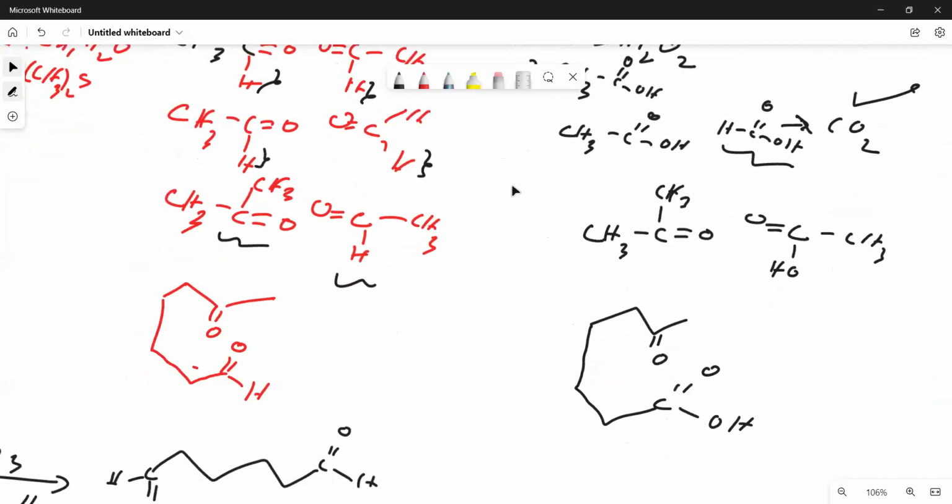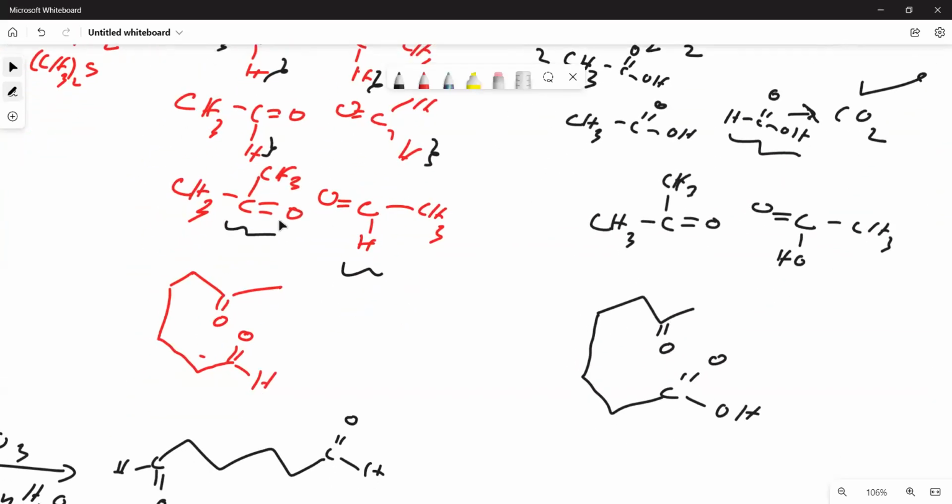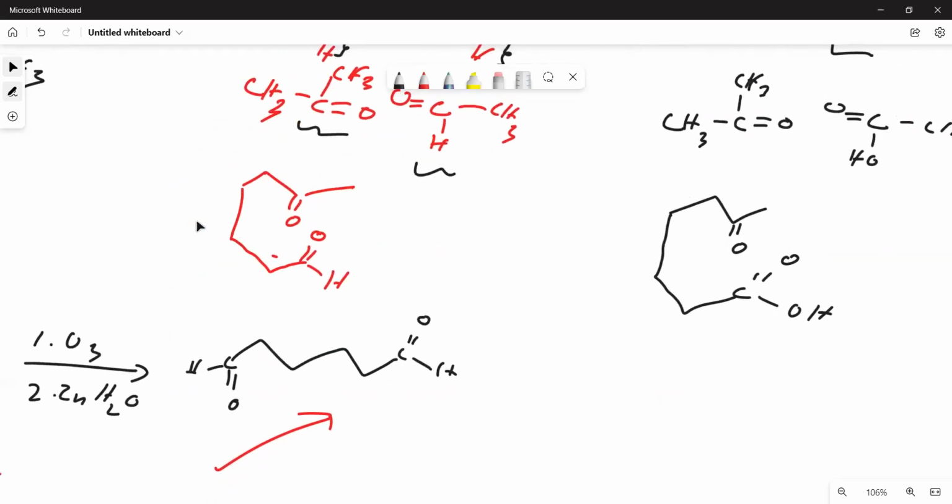Okay. How about the third product in reductive? Okay. Well, this is ketone. It is still ketone here. Why? Because the carbon here has no replaceable hydrogen anymore. So meaning ketone cannot be oxidized. But the aldehyde, meron pang replaceable hydrogen. Kaya magiging carboxylic acid yan dito sa oxidative. How about the cyclic? Diba ito yung product sa reductive? Now ketone yan, ketone pa rin dito. Pero yung aldehyde magiging carboxylic acid.